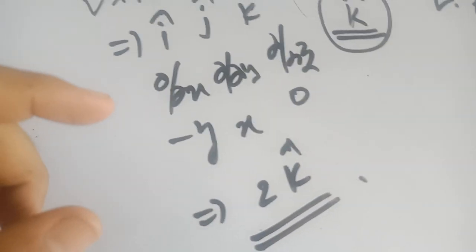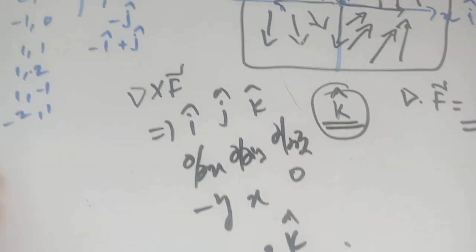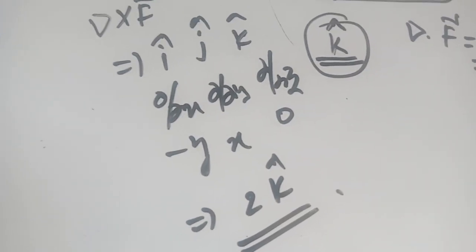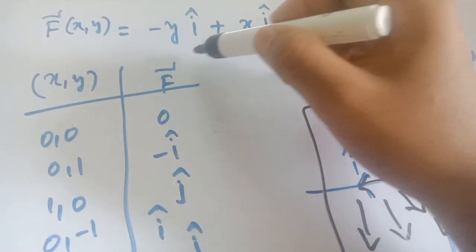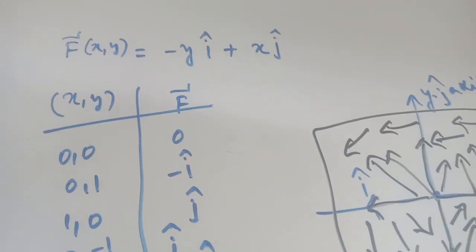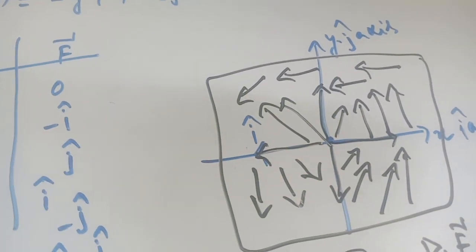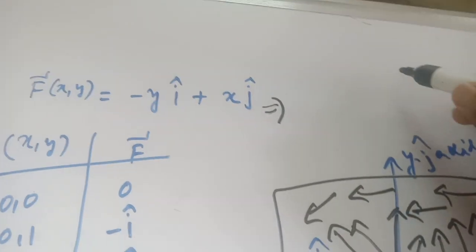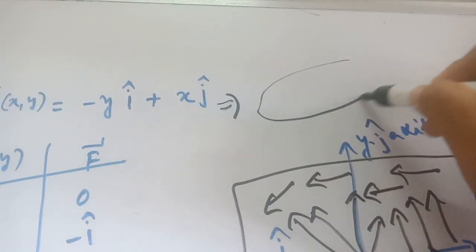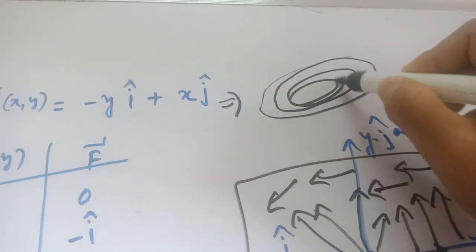What does this curl tell physically? If you put some particle in this revolving vector field, the force exerted on that particle is along the k direction. That is the meaning of curl. As this function is two-dimensional, in the simple xyz coordinates the evaluation and sensing of the physical things is somewhat easy. You can visualize this function as water revolving in a whirlpool like this.